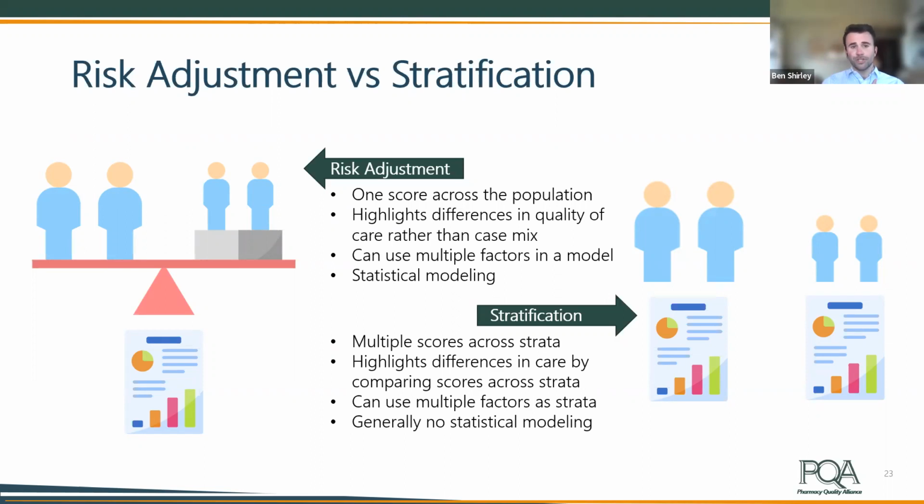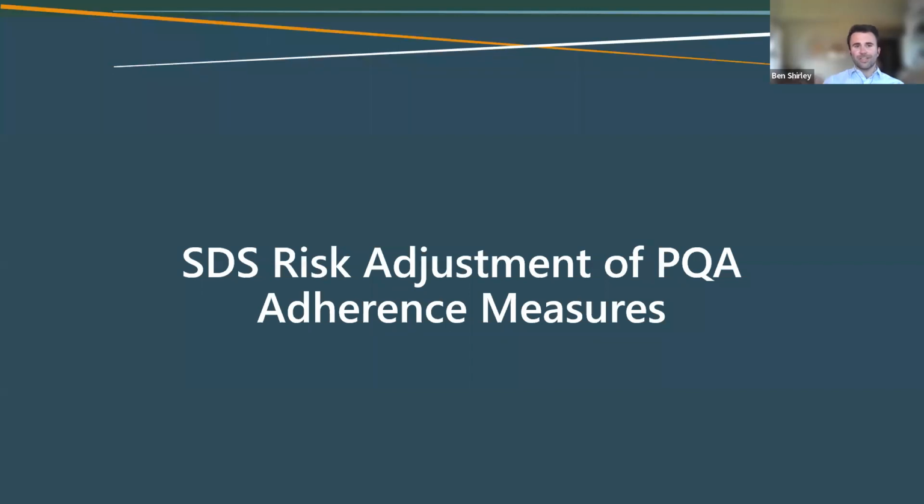But when you do risk adjust, the stratification helps to also provide that critical transparency. It's the transparency for the healthcare system to maintain a clear understanding of subgroup performance and really understand where improvement is needed. With that on stratification, we can shift gears and talk a little bit about how this affects PQA